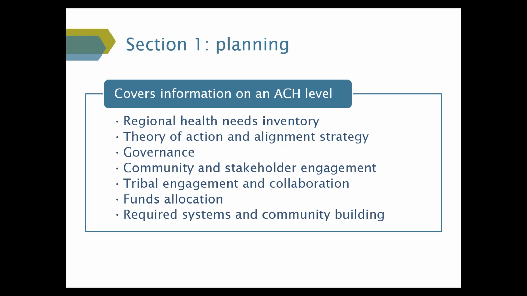So let's first start on the section 1 of this project plan template, and this provides a good snapshot of the information that's being requested at the ACH level, but we're going to spend also the next couple of slides just giving a little bit more detail underneath of what's being asked for in each of these sections. But as you can see, these are 7 key domains that really build from and bridge from those phase 1 and phase 2 certification requirements and capacity, so around governance and theory of action and engagement and funds allocation. But again, it is shifting now towards the project selection and planning, and really tying that capacity and level of development to how that translates in terms of the overarching plan for the ACH and plan for carrying out these Medicaid transformation projects in the region. So let's dive deeper into